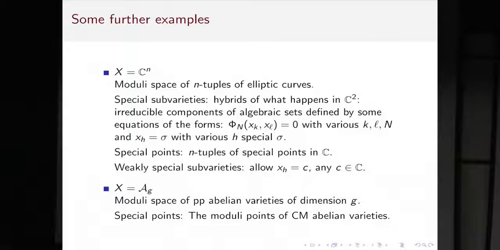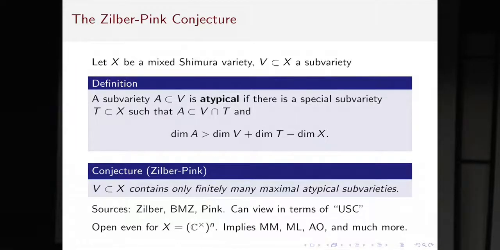And just another example of the kind of paradigm, Shimura varieties are the moduli spaces of abelian varieties. And the special points there are, again, the CM ones, the ones with the maximal amount of complex multiplication. And in this context, there is a conjecture formulated by Pink, independently of the other developments, in the same spirit as the CIT,